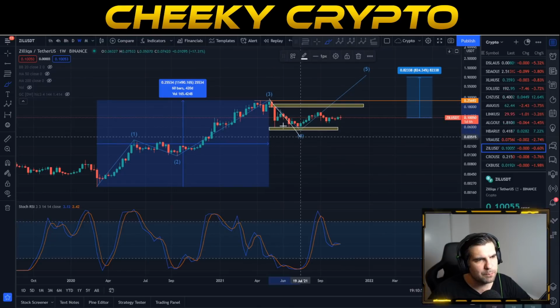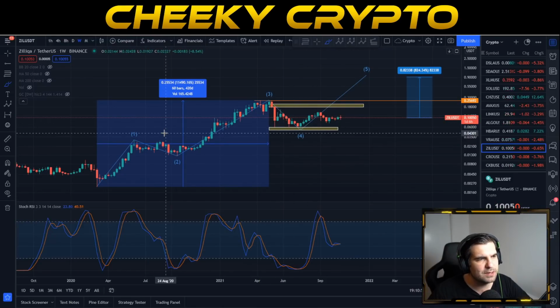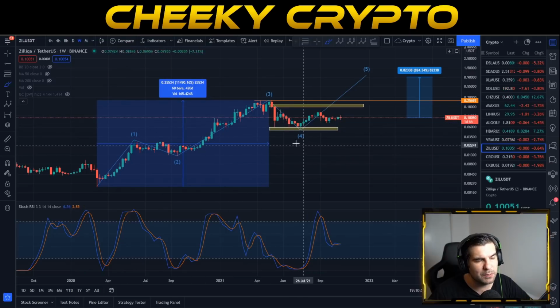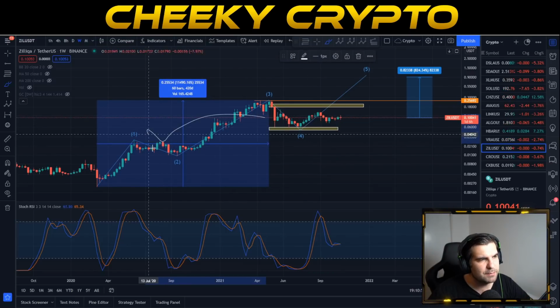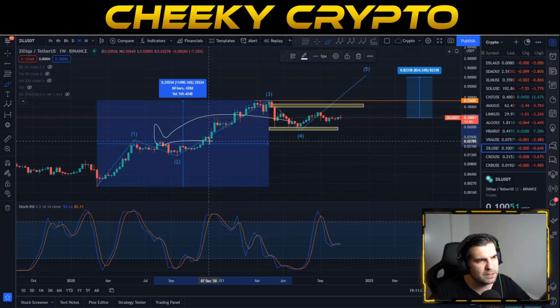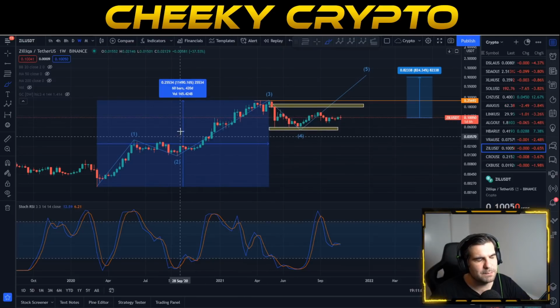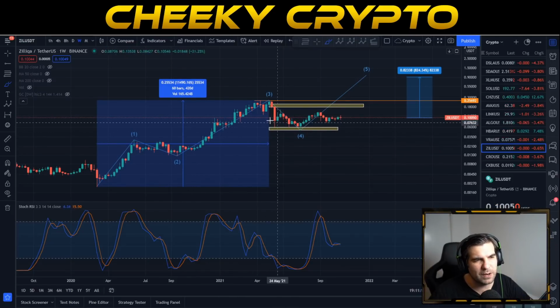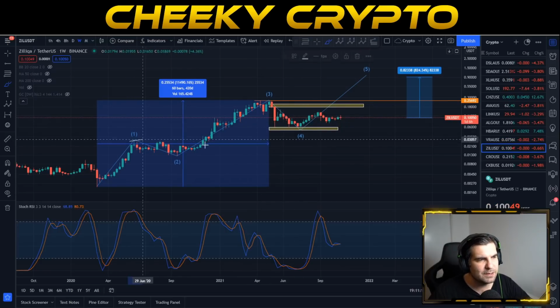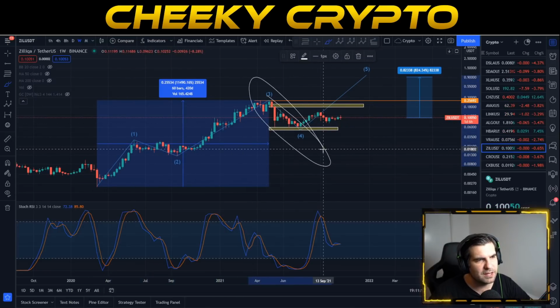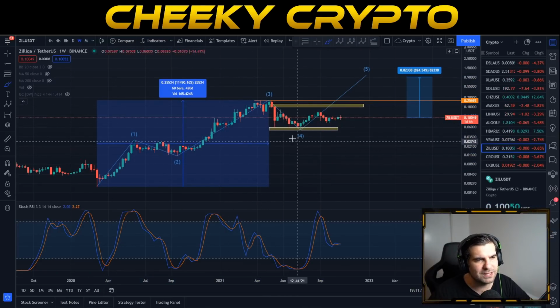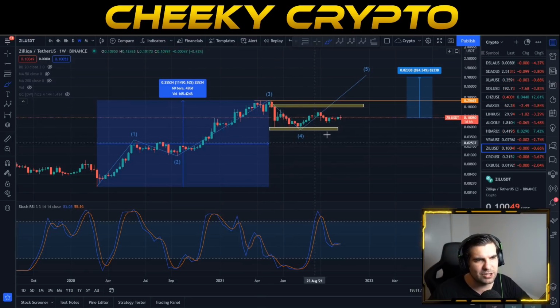And obviously we had a pretty steep pullback, right? And this is something that can happen pretty much with these impulsive moves to the upside. Sometimes you actually find that waves 2 and 4 will always be opposite, right? So basically when one is flat, the other one is sharp. Okay, so this particular trading pattern happens quite rarely, but it can. And basically when you have a flat wave like this, this next fourth wave becomes very, very steep. So quick, like a flash in the pan, and it's done, right?